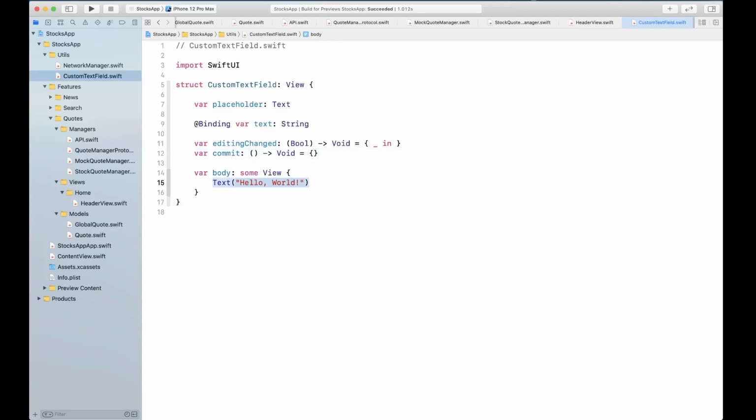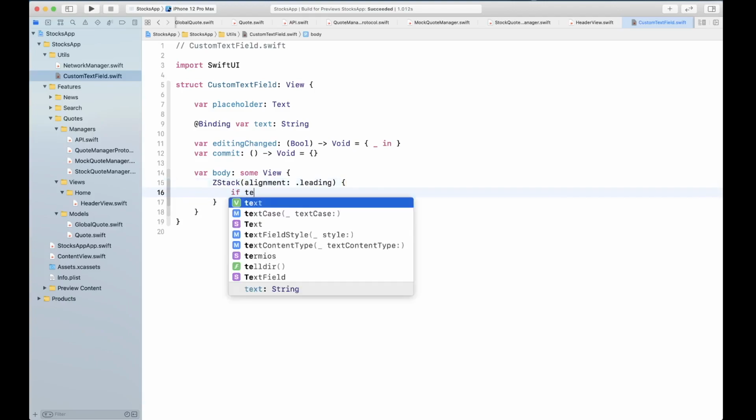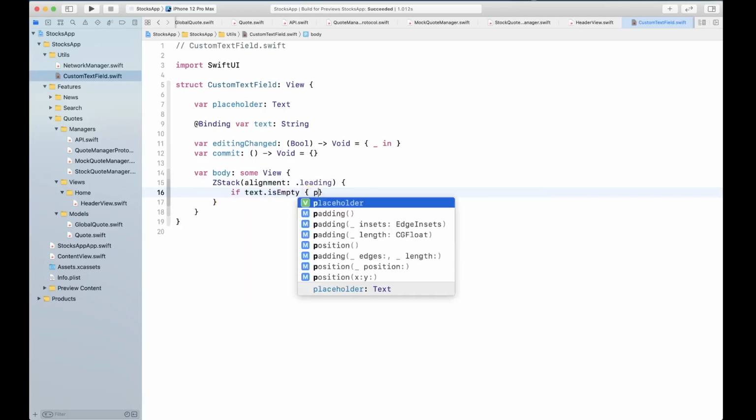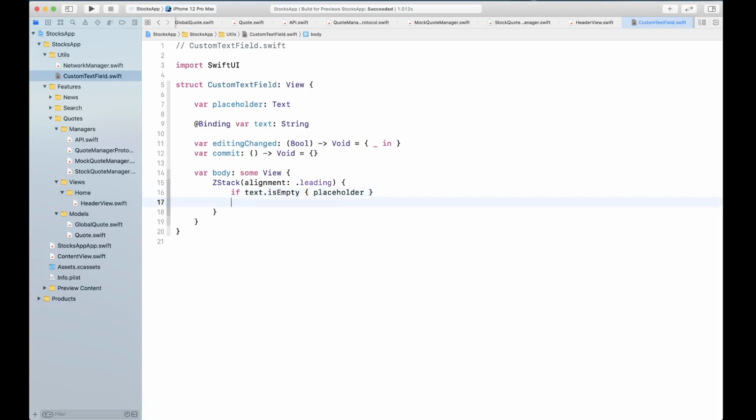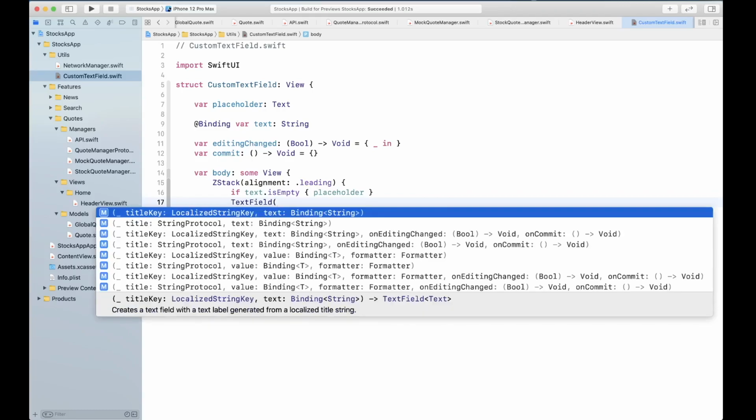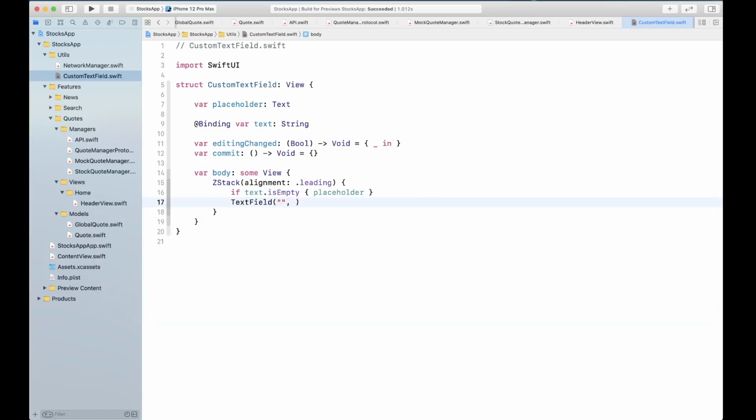Okay, for the body, we're gonna have a ZStack with alignment as leading, and we're gonna say if text is empty, then we want to show the placeholder. Otherwise we don't. And then we're gonna create our text field with empty string. Text is going to be the text binding.